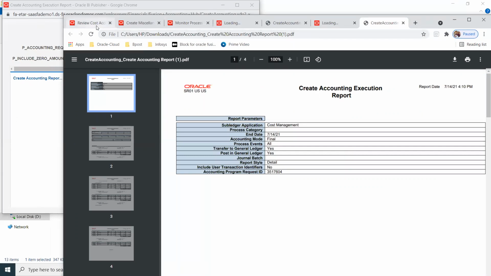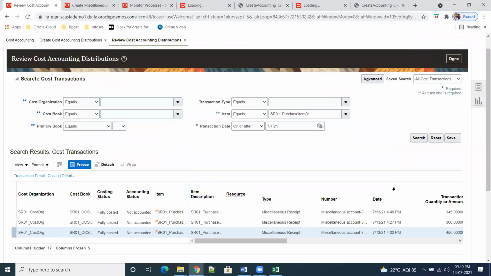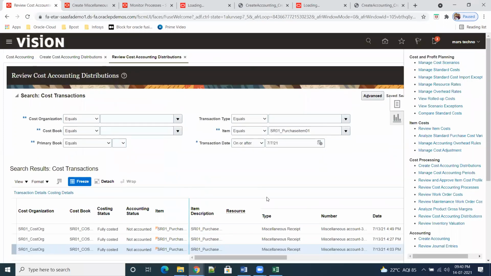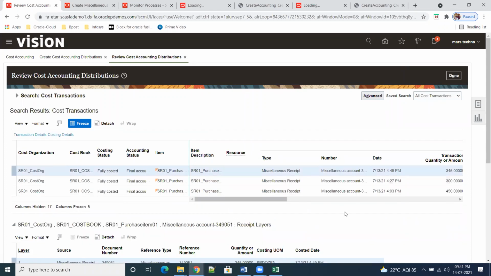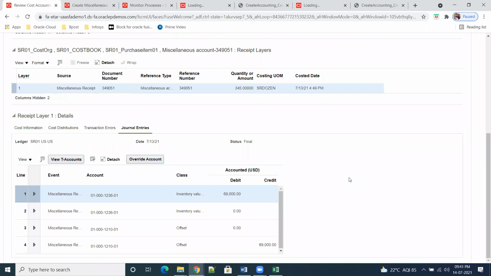Okay, if we go there, if you see the transactions of review your cost accounting distributions or review journal entries. So from here itself we can see review cost accounting distributions. So just click on search again. So if it is having any issue, it won't show. General entries also came.